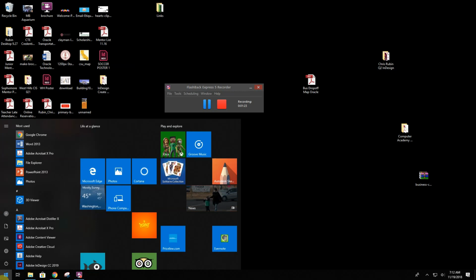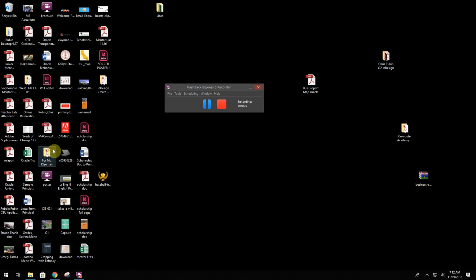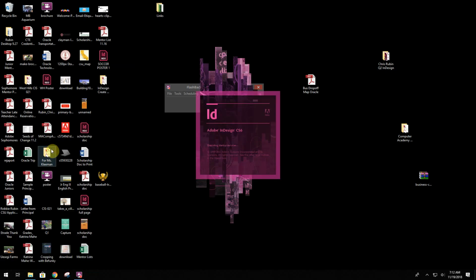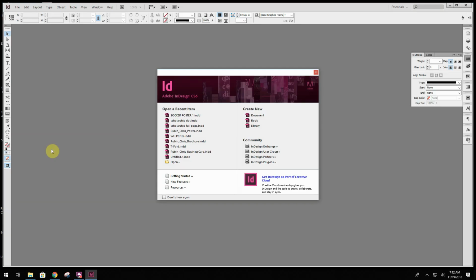I'm going to open up Adobe InDesign. And the first thing I obviously need to do is set up my document to be a poster. Now, instead of a large scale poster, this week we're going to create just a tabloid, which is going to be 11 inches by 17 inches, and there's a very easy way to set that up. To do that, I'm going to go to Create New Document,